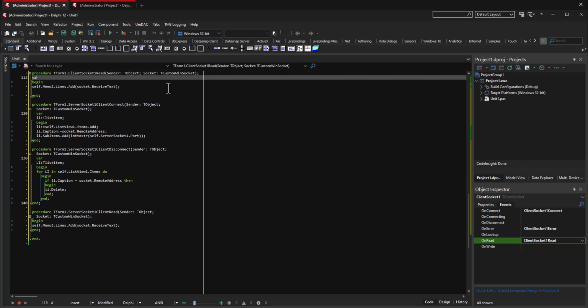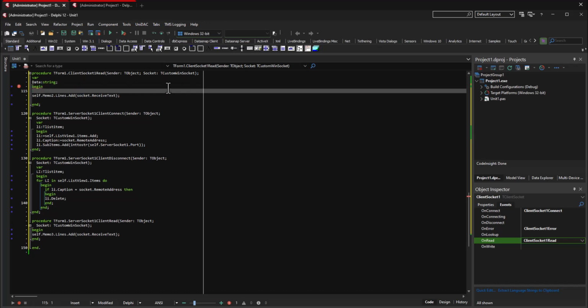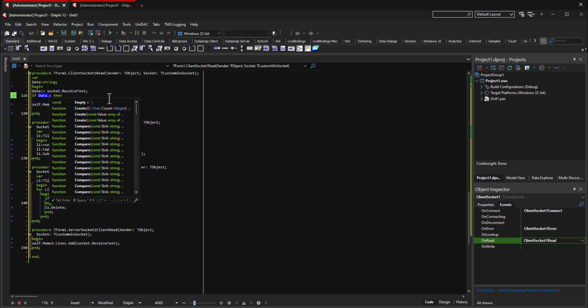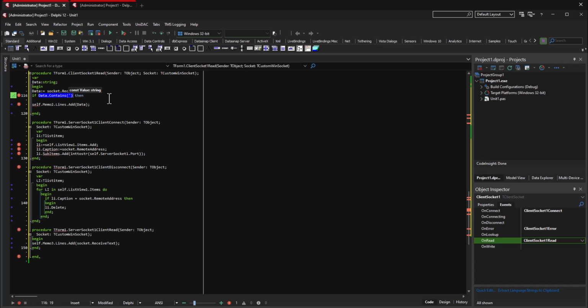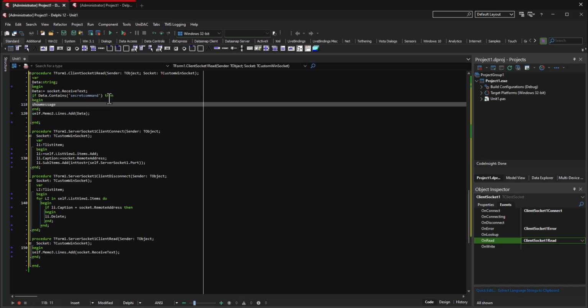Let's do variable data, and data is received text. So now this can just simply be data, but I'll say if data contains 'secret command', then begin show message